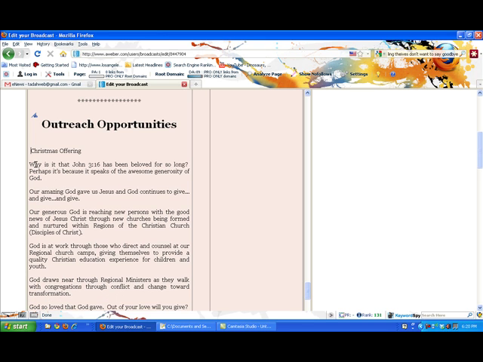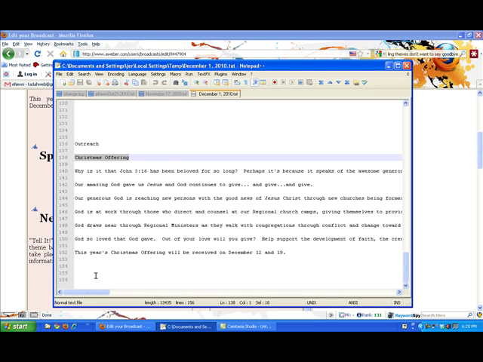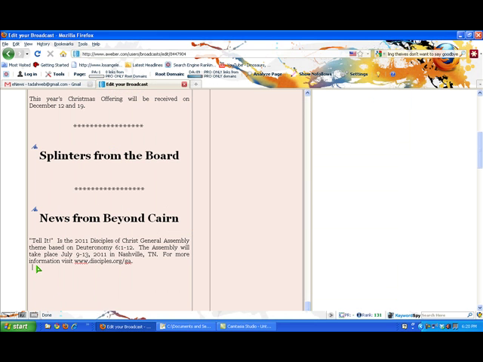Okay, and again, fix the spacing. So I have that in there. Splinters from the board, it doesn't look like there's any. And news from Beyond Karen. It looks like that can probably stay in there just because it's talking about an announcement from July 9th through the 13th of 2011. So we can go ahead and leave that in there so there's just not two blank